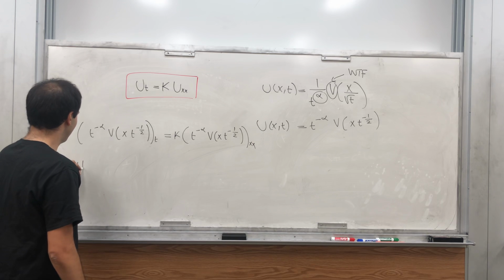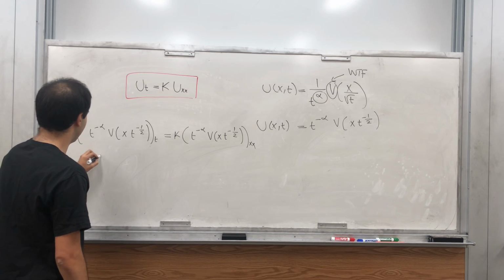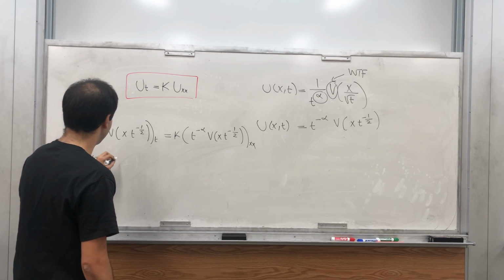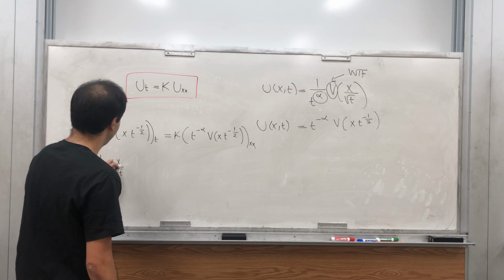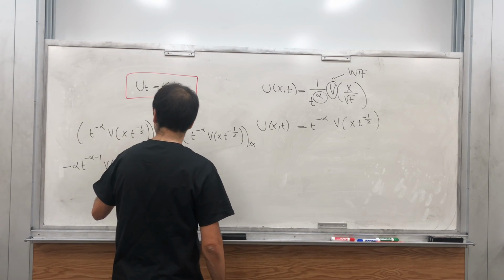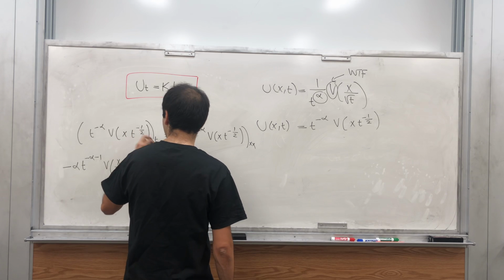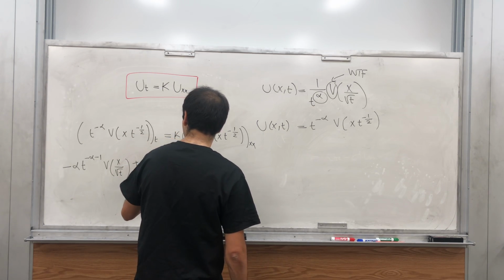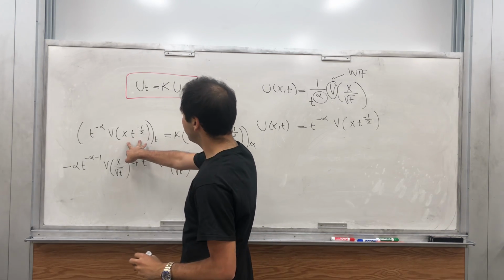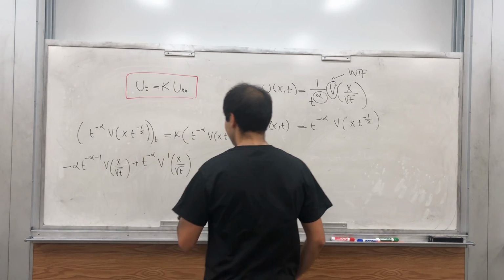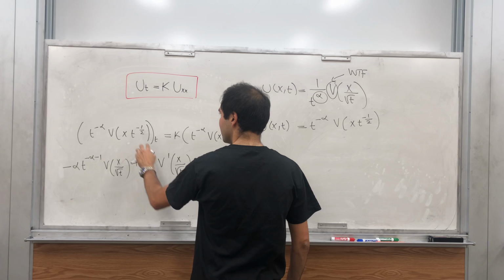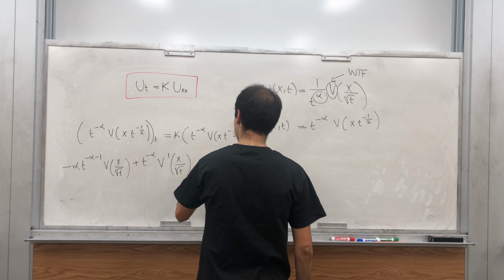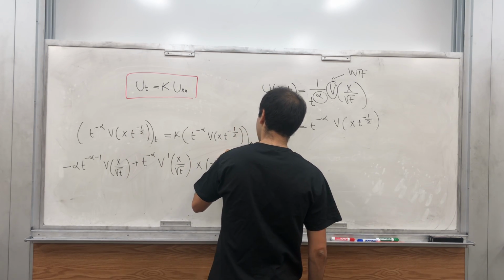So minus α t^(−α−1) v(x/√t), plus t^(−α) times v′(x/√t) times the derivative of the argument with respect to t, so x times −1/2 t^(−3/2),